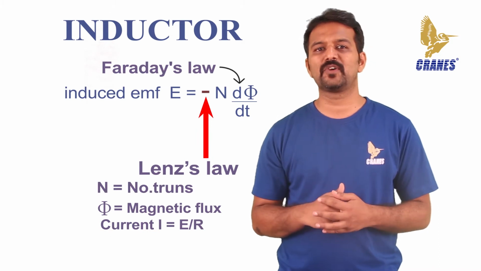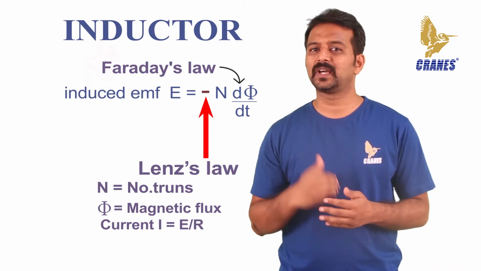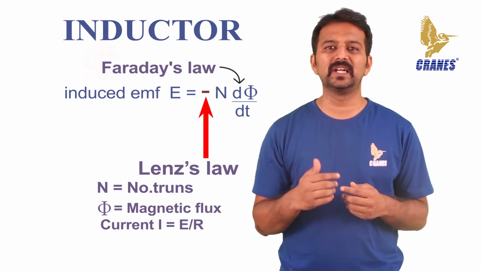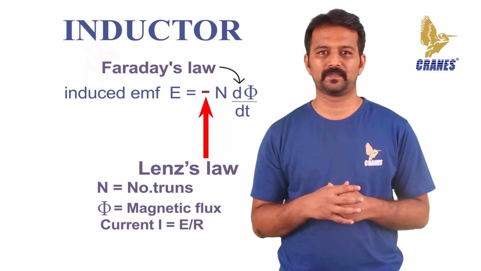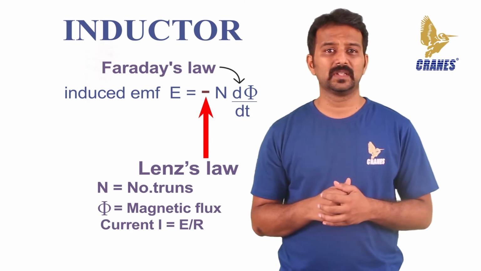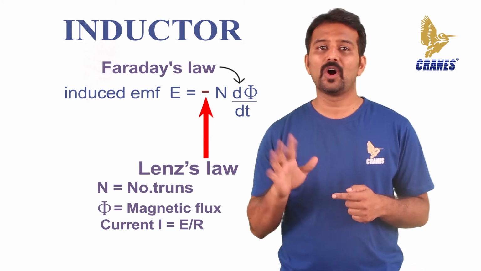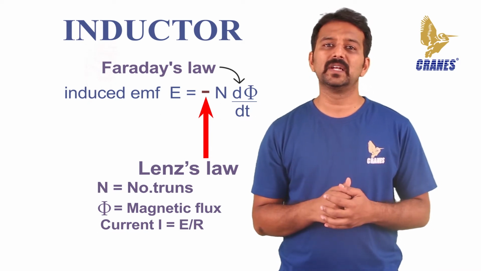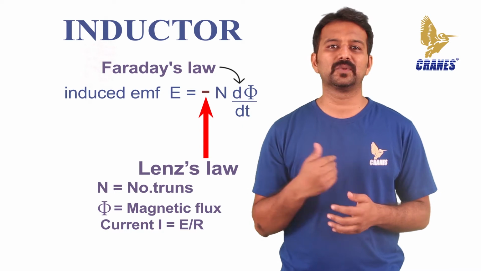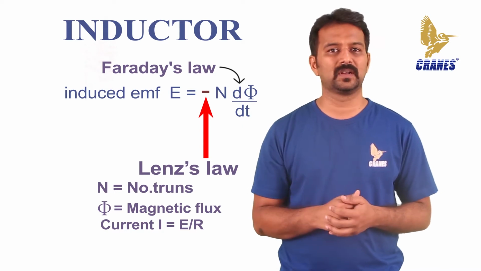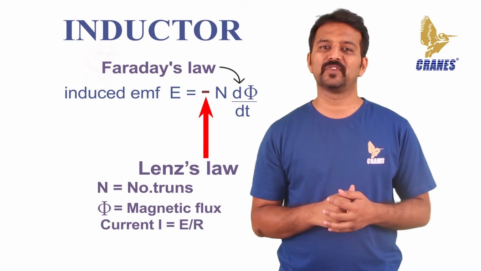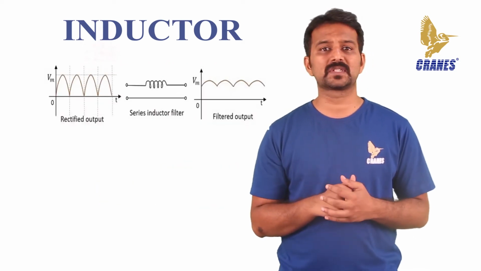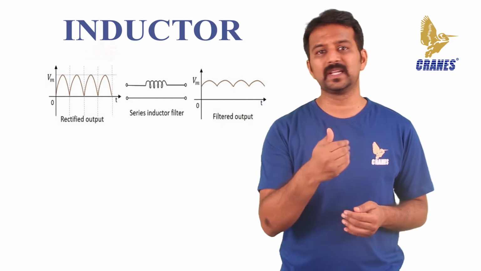According to Faraday's law of electromagnetic induction, when the current flowing through an inductor changes, the time varying magnetic field induces a voltage in the conductor. According to Lenz's law, the direction of the induced EMF opposes the change in the current that created it. Hence, the induced EMF is opposite to the voltage applied across the coil. This is the property of an inductor. An important thing to note: an inductor blocks any AC component which is present in a DC signal.